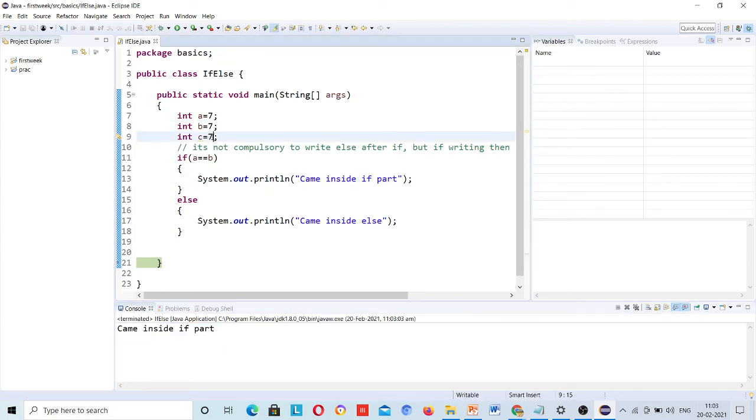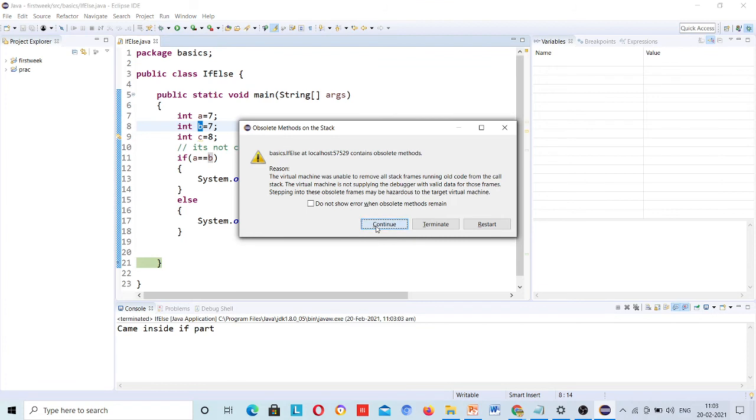Now if I give c as 8 and give an AND condition here,